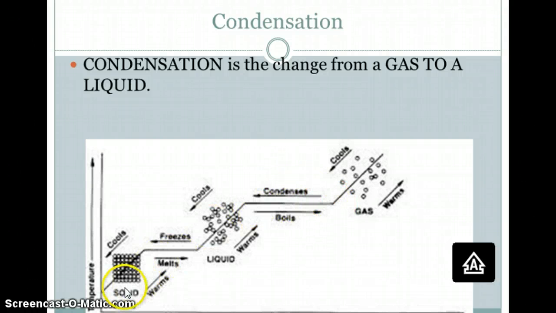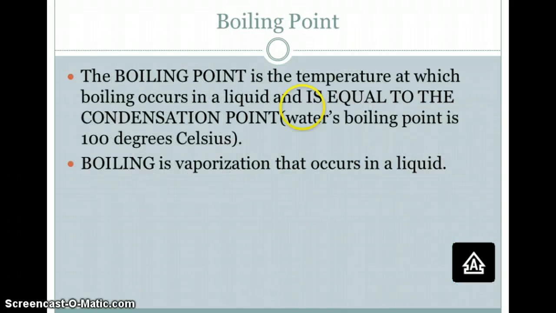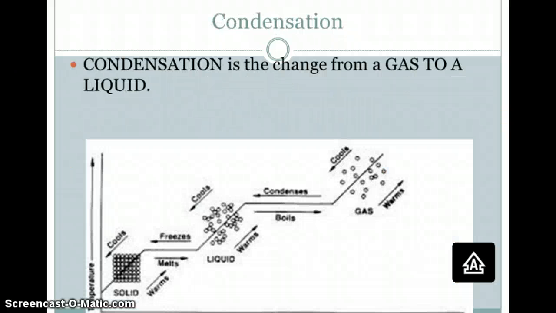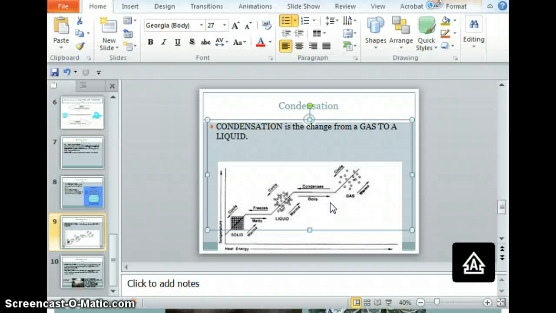Okay, so in one direction going up, the boiling point and the condensation point are the same. The boiling point is the temperature when boiling occurs in a liquid, and the condensation point is where it condenses from a gas to a liquid. So you can see that here, they're the same temperature. Okay, lastly we have